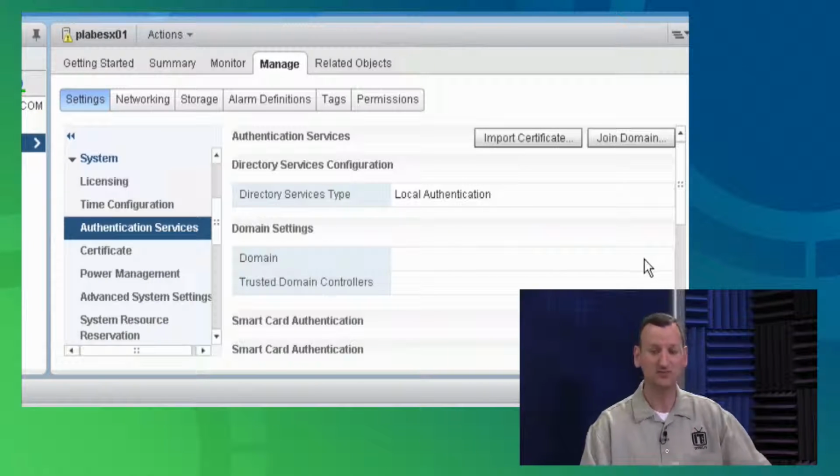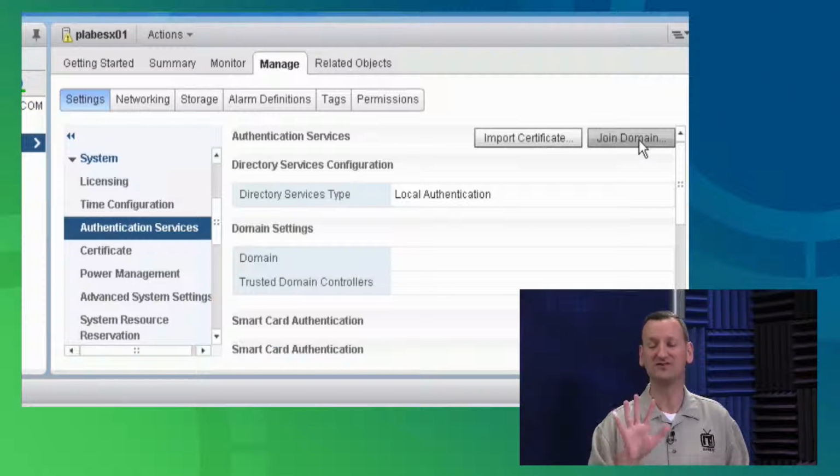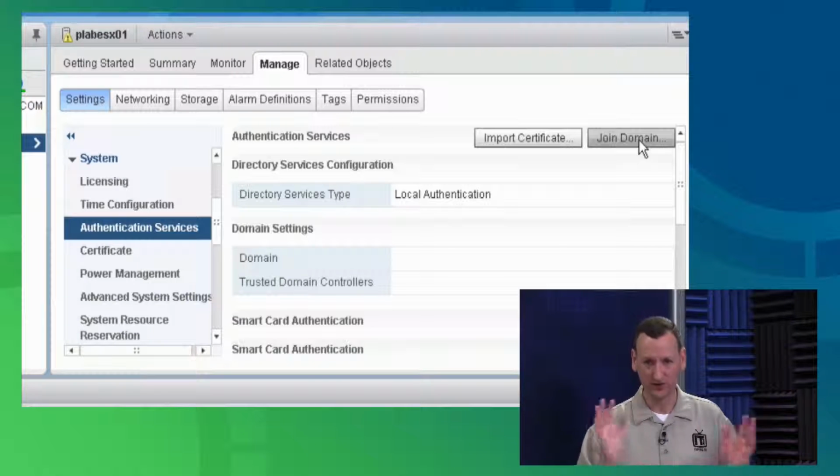So it does support being connected, and you've got a nice big join domain button right here to get it connected. All right? Couple of things that need to be set up beforehand. First off, my system clock. Active Directory uses Kerberos for authentication, and Microsoft only allows a 5-minute offset. We saw an hour offset a minute ago inside of VMware, but Microsoft is 5 minutes, so really short offset